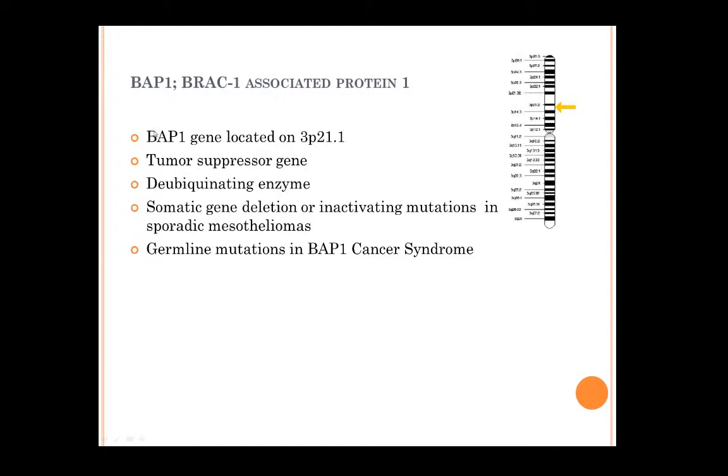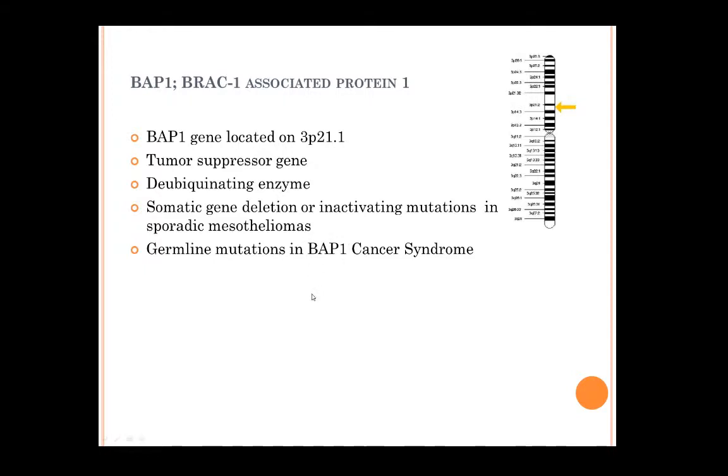It encodes a deubiquitinating enzyme. In fact, it is involved in the ubiquitin protease pathway. It reverses the effects of ubiquitin and removes ubiquitin from the protein. So, in fact, BAP1 is involved in recruiting the enzymes that are involved in fixing the damage that is caused on DNA by asbestos. Loss of BAP1 is seen in more than 50% of mesotheliomas, and germline mutation in BAP1